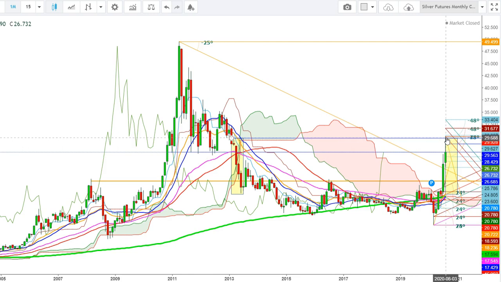So here, after testing the highs of $29.90, the silver futures witnessed a sharp sell-off which resulted in a downward move, and finally the silver futures closed at the levels of $26.73 last Friday. Here I find that the silver futures look ready to see this exhaustion continue during the upcoming weeks.